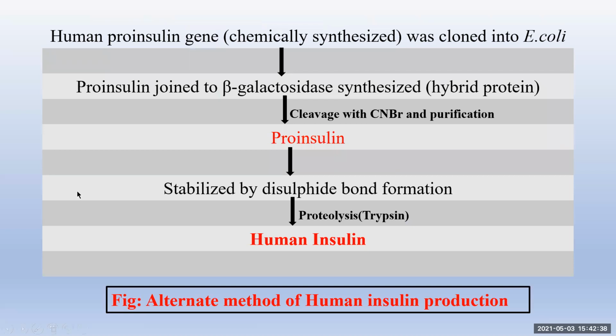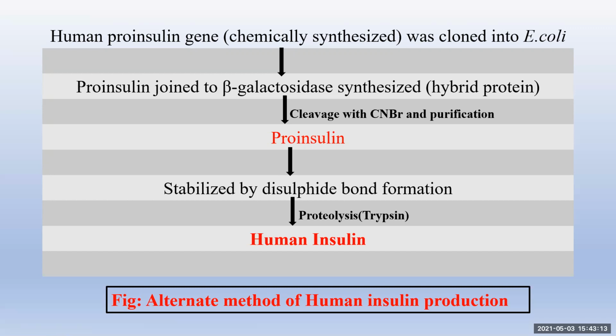Okay, so if you look at the flow chart, the human pro-insulin gene was chemically synthesized using the gene machine and it was cloned into E. coli. That means it is first inserted into an expression vector like pBR322 beside the strong promoter of the beta galactosidase gene. Now, inside the E. coli cells, pro-insulin is formed. Pro-insulin is joined to the beta galactosidase, so a hybrid protein is synthesized. The hybrid protein is treated with CNBr so that the beta galactosidase part is removed, and what we get